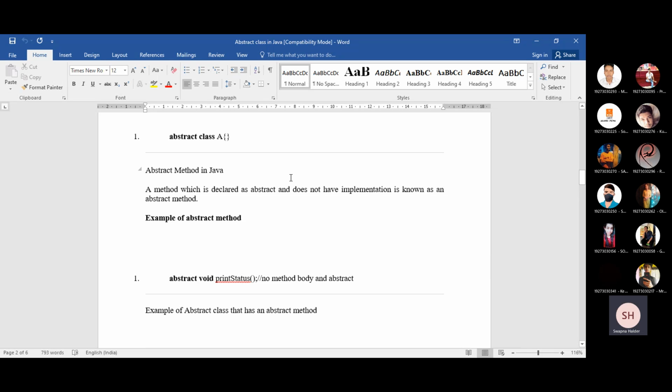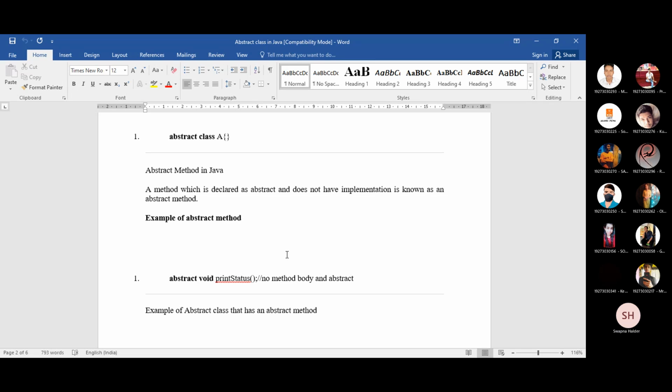Just take a revision of this: why we use the abstract class. Abstract class means in that class you must have at least one abstract method. Abstract method means the method has only the declaration, not any definition.